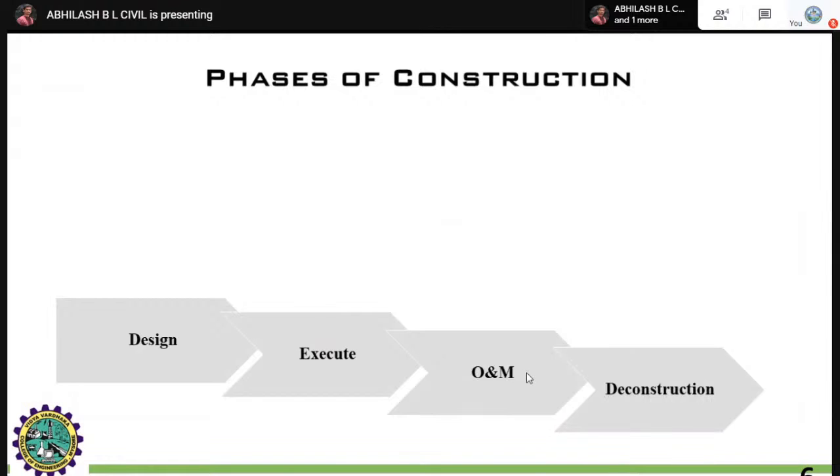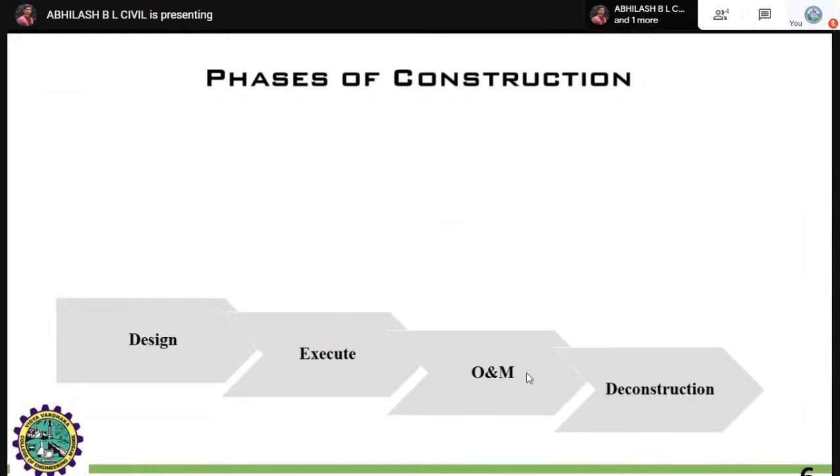Hence, in order to rectify all these things, how will you plan and manage those things with respect to the different types of construction? The phases of construction are the founding first stone for the planning of your construction. That is the design, which consists of the plan and BIM, that is building information modeling. All the office work is considered in the first phase, the designing phase.